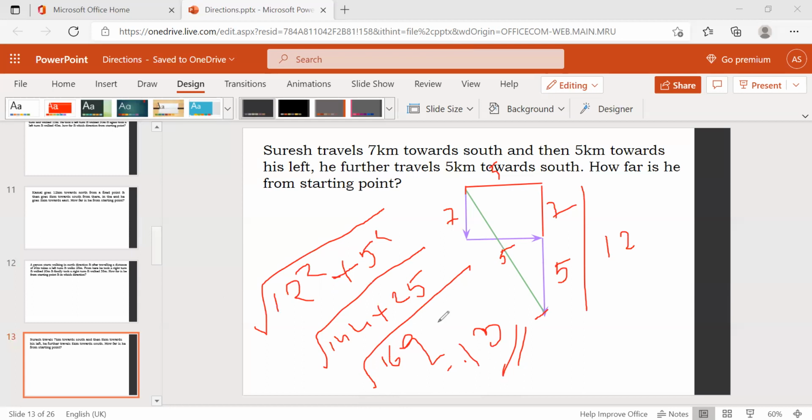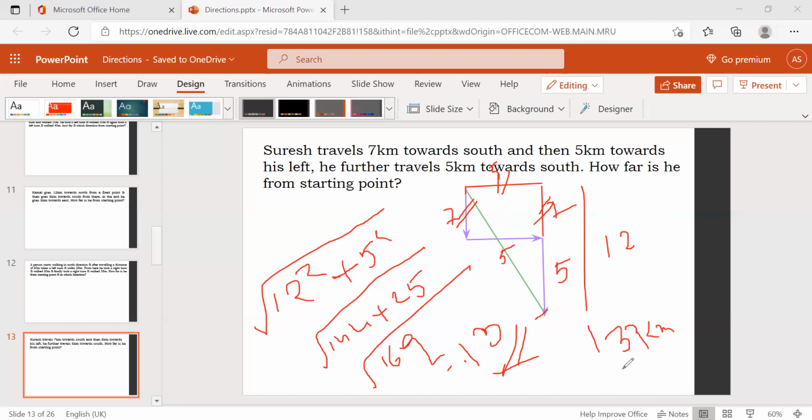So very simple. First of all, you need to know this which we are extending. So what is the length of this? I'm extending from here to here, so this is equal to this length. And I'm extending this one, so this length equals this length. So if you want to find out the total of this side length, 7 plus 5 is 12, and this is 5. Root of 12 square plus 5 square, then we can get 13. So this is nothing but 13